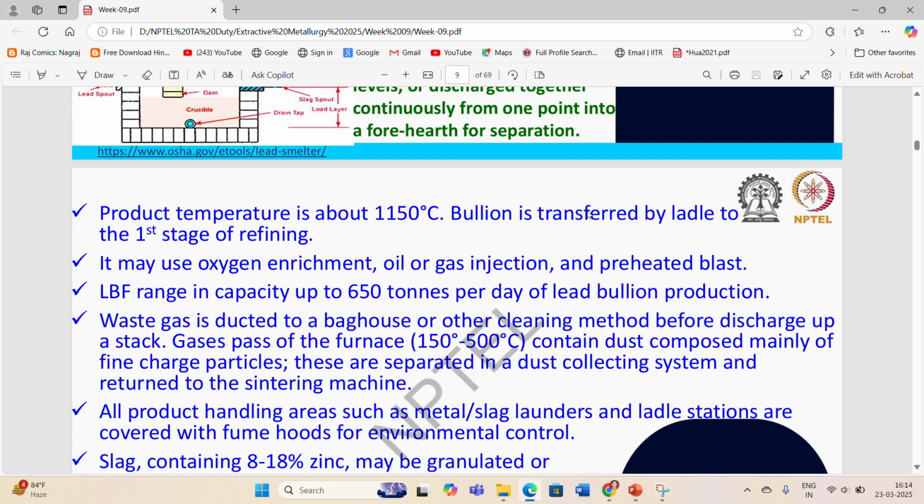Product temperature: the lead bullion which we are creating can have a temperature of around 1150 degrees Celsius. This bullion is transferred by ladle for the further refining processes so that we can create 99.99 percent purity lead from this bullion. It may use oxygen enrichment, oil or gas injection and preheated blast. Then LBFs range in capacity up to 650